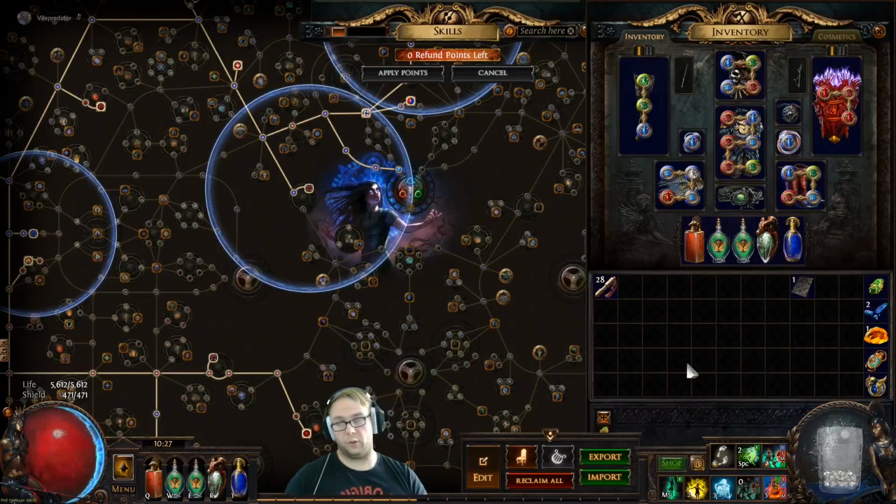So full disclaimer before we go any further, there are so many options with minion builds. It's kind of ridiculous all the different things you can do. This is just what I found to be the most optimal setup. There is tons of discussion back and forth on what kind of minions are better, how to set them up. So feel free to play around with it as much as you want, but this is what I found to